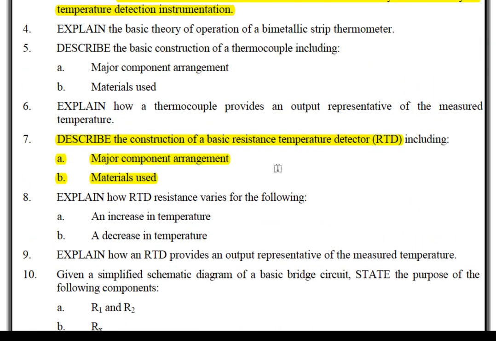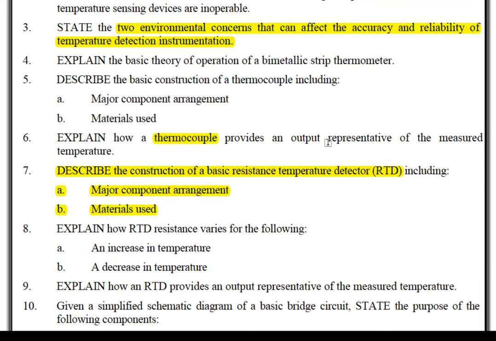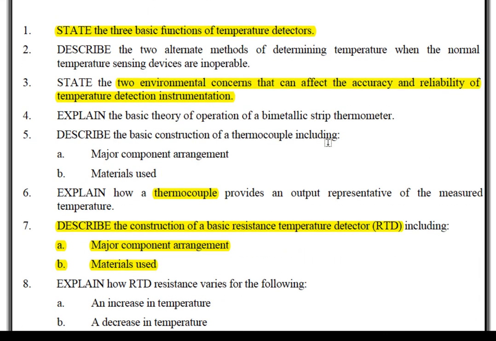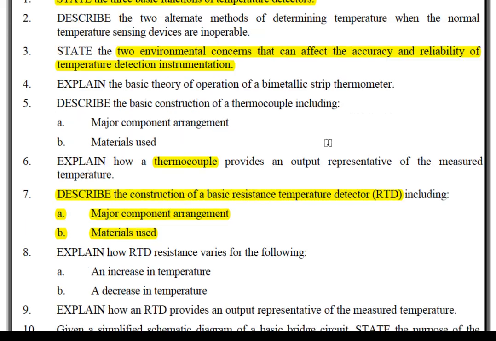We're going to talk about a thing called a thermocouple, which is a pretty interesting device. We use a lot of those at the nuclear power plant, in addition to the RTDs, which are called resistance temperature detectors. So did everyone get that written down? State 3 basic functions of a temperature detector, 2 environmental concerns, the thermocouple, the RTD, and then after that we're